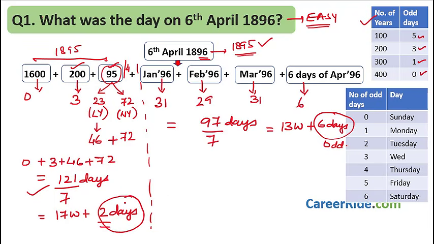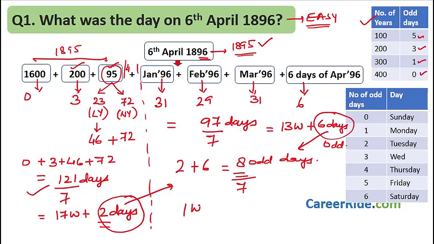Okay, so I have 2 odd days from here, plus 6 odd days from here. This is equal to 8 odd days. But now 8 I can further divide by 7, because 7 days would form a week. So this is equal to 1 week plus 1 odd day. How many odd days am I left with here? 1 odd day. And 1 odd day corresponds to